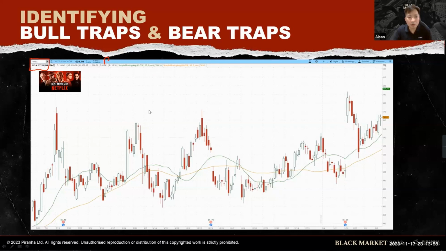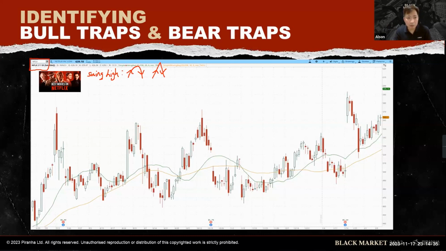Okay, bull and bear trap. So what's a swing high, guys? Okay, maybe I'll draw it here. A swing high means it's an N shape or inverted V shape. Price goes up, comes back down. Price goes up, comes back down. Got tail, no tail, got body, no body. You always draw the horizontal line at the highest point. Understand? I'm using my mouse to draw, so it's not very accurate, guys. So whatever line I draw, just take it as a straight horizontal line.